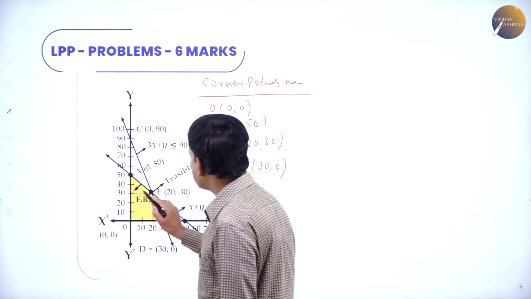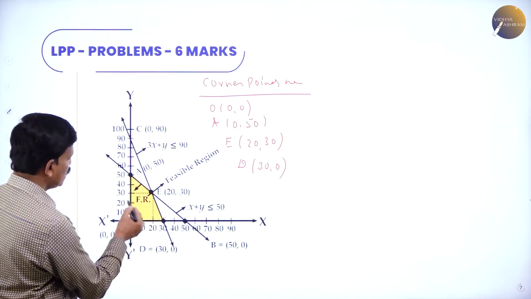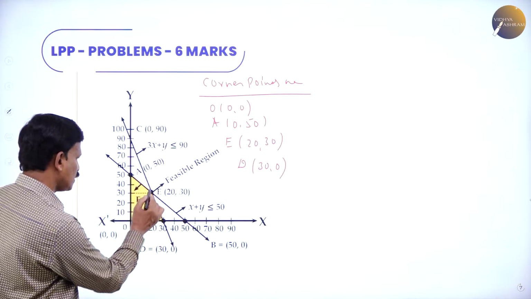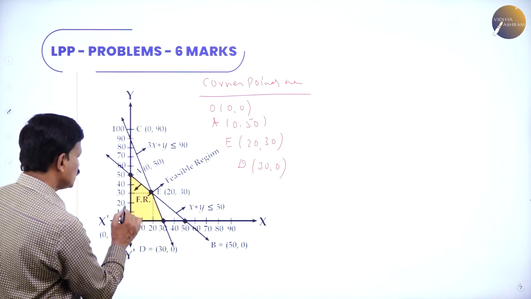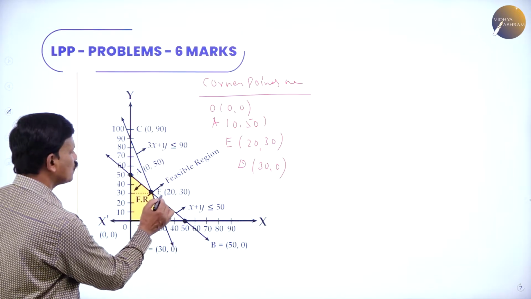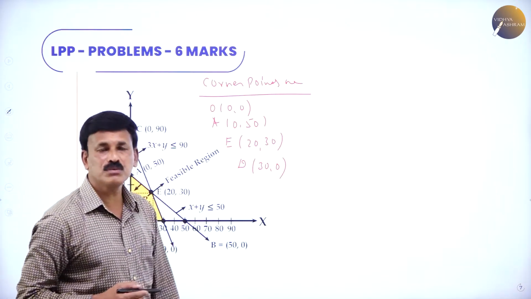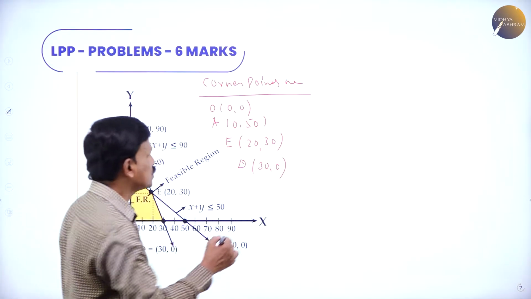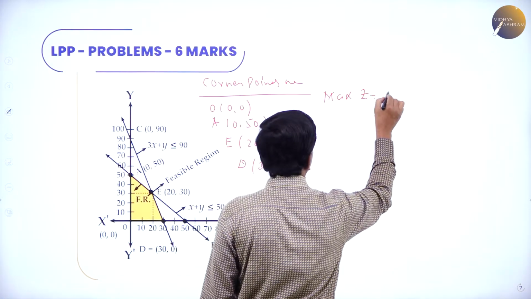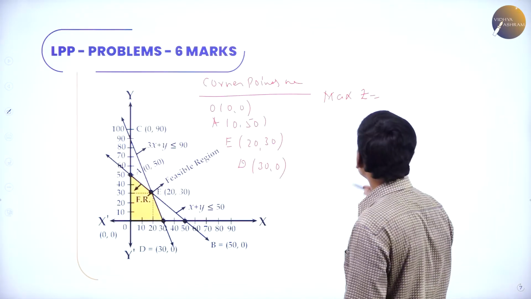See here, exactly this is the point where the lines meet. If you draw the sketch, you will get x as 20 and y as 30. Therefore, E is (20, 30). Now, what is required is the maximization. So what is given? Max Z is equal to, what is the objective function? The objective function is maximum Z is equal to 4x plus 5